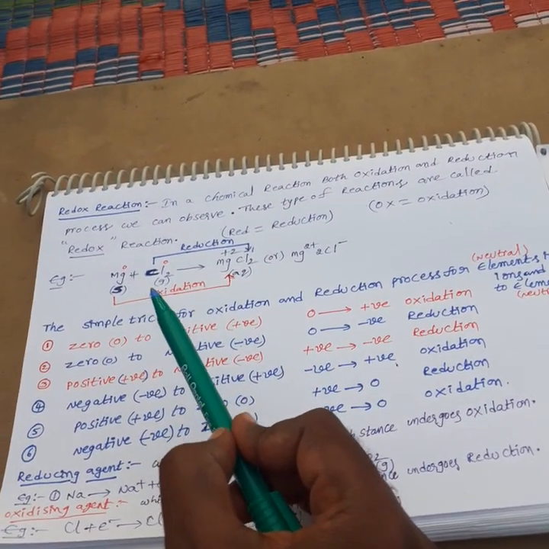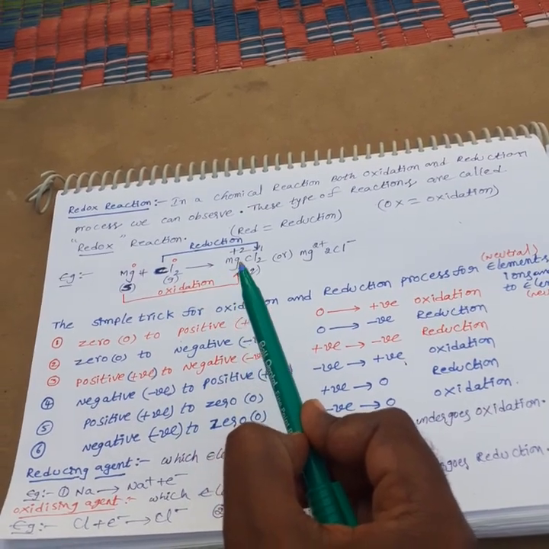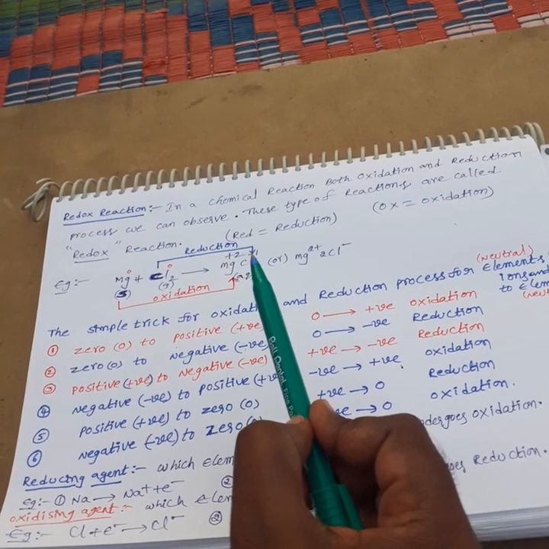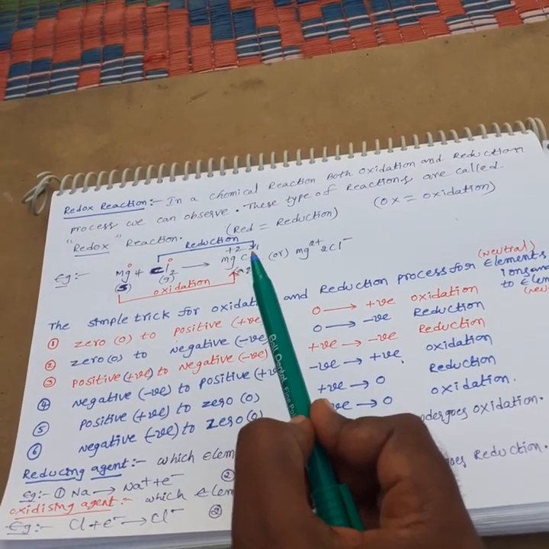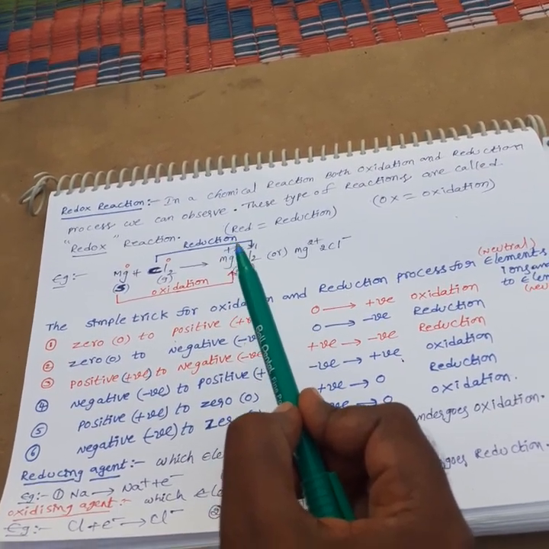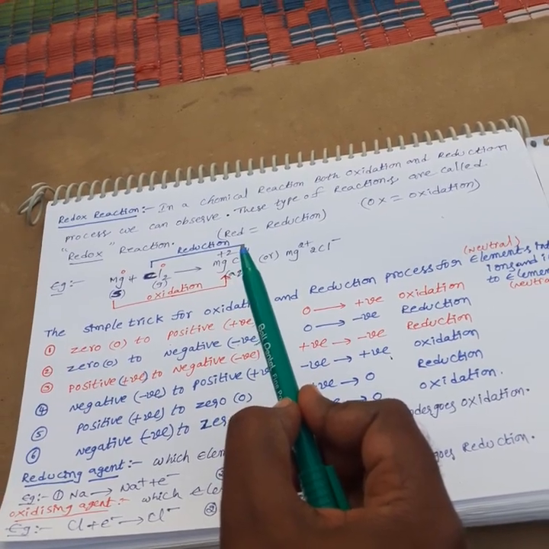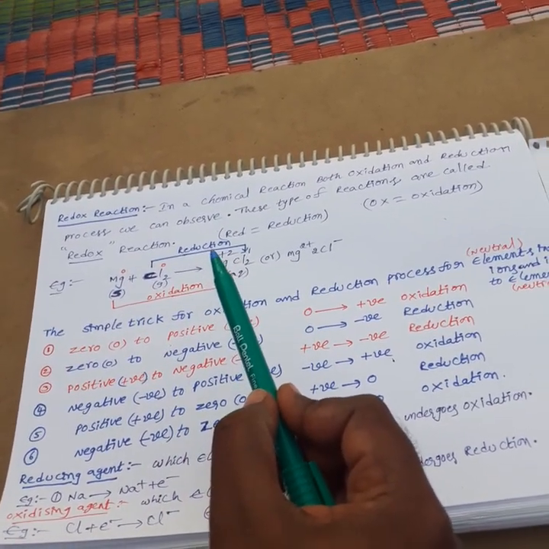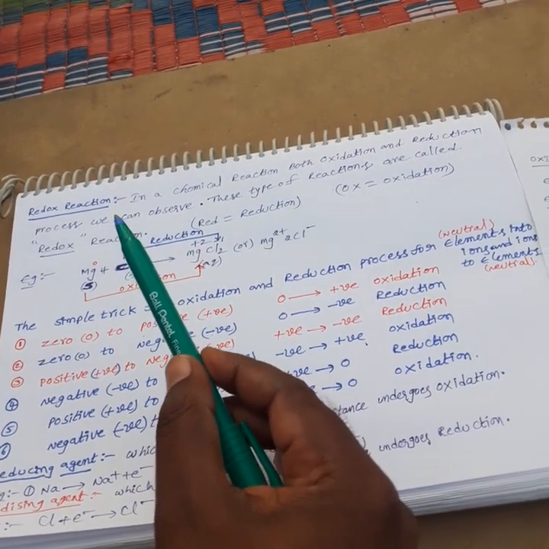Because magnesium undergoes oxidation by loss of electrons. Why does chlorine undergo reduction? By gain of electrons. That is called the reduction process. Both oxidation and reduction processes we can observe in a chemical reaction, that is called a redox